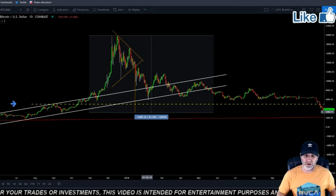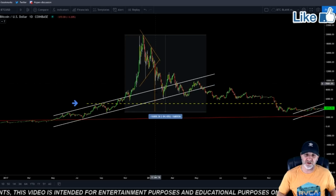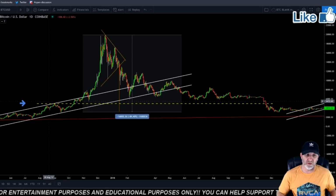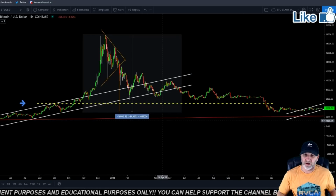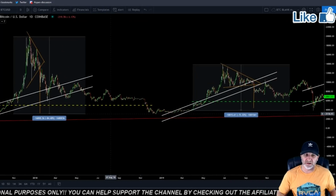These patterns work great, but we did an 84% correction. As you can see, the measured move got us right down to that, which dropped below this yellow trend line here, but that got us to our low over here in 2018. Now let's take a look at